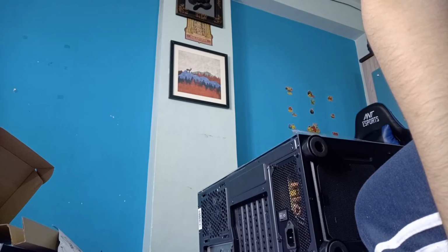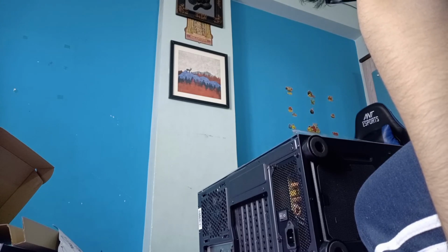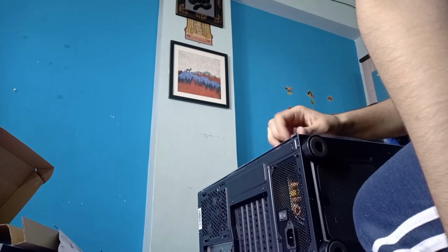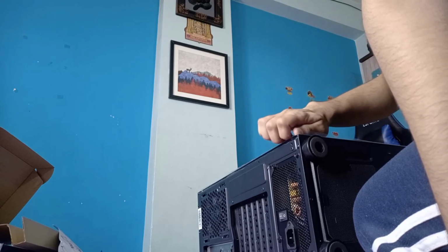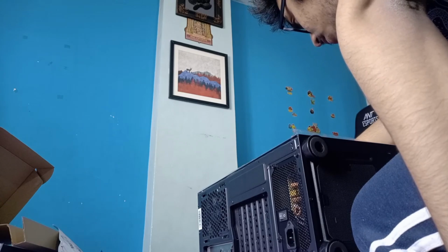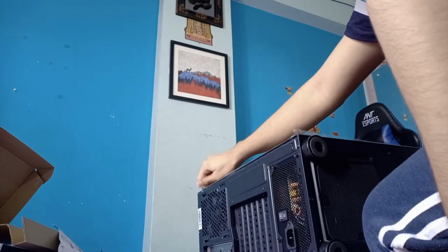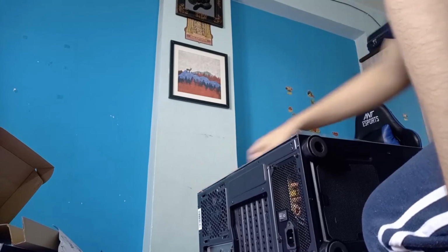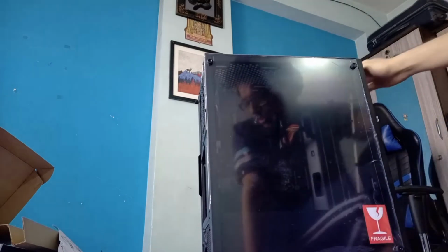Now, should I peel off the cover? I don't think I'm going to peel off the cover right now, because I'm probably going to ship this case as well. So I might as well keep it, as it also shows the whole fragile warning. And I think it's time to plug in and see how things go. But this is the place where our whole case building stream ends, because as I said, it isn't easy for me to do the entire thing in stream. But as you can see,